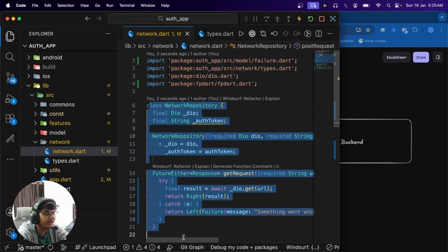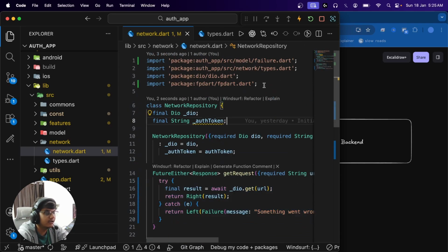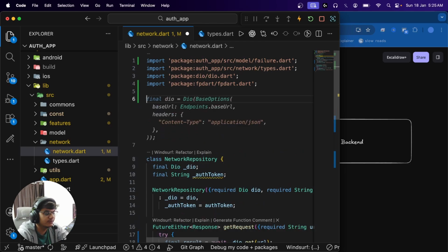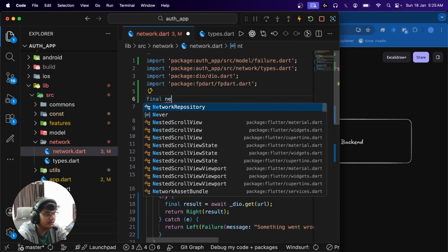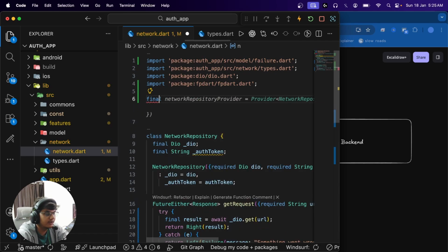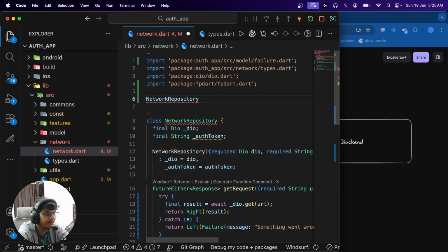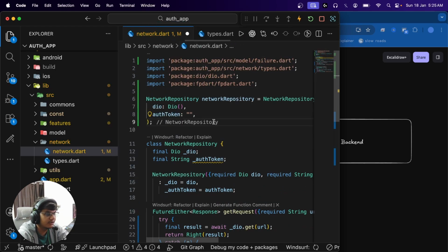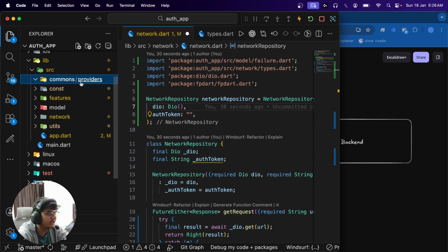Sweet. So now we have implemented our network repository, and we will need a provider for this as well. So we will create a provider by saying final network to be network repository equals Dio, right? And we can either pass Dio as like so, or we can create a provider for Dio